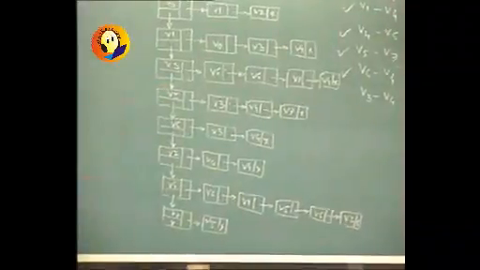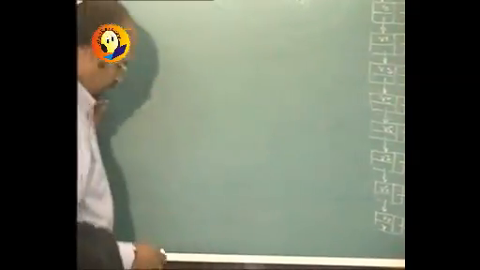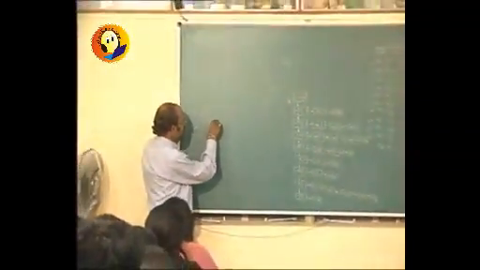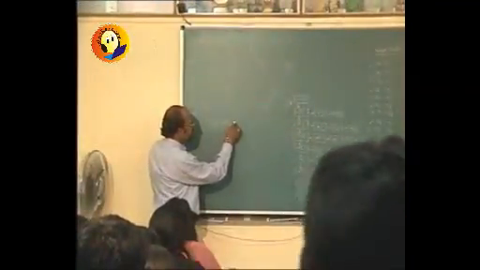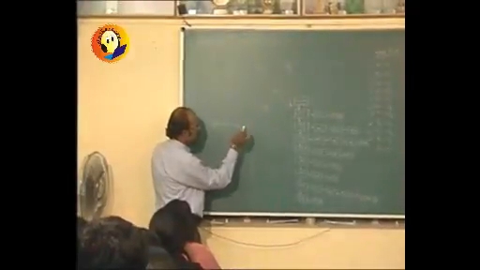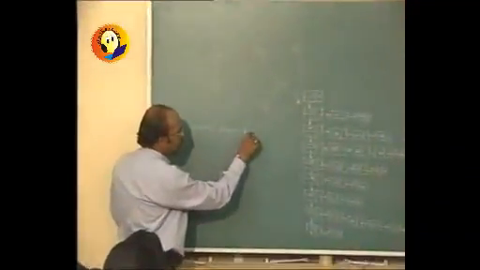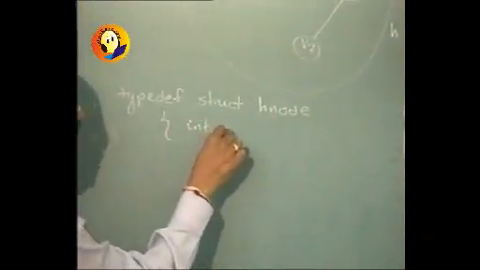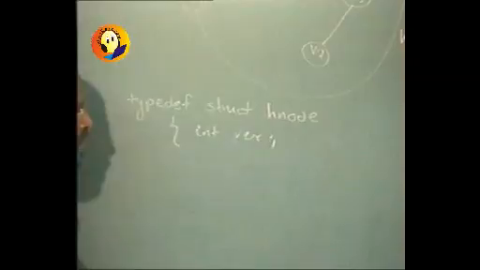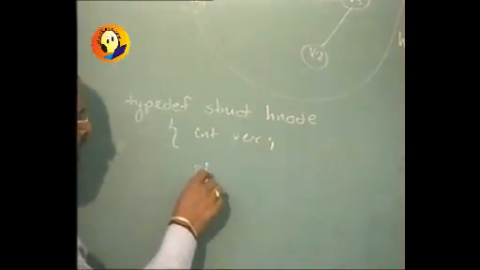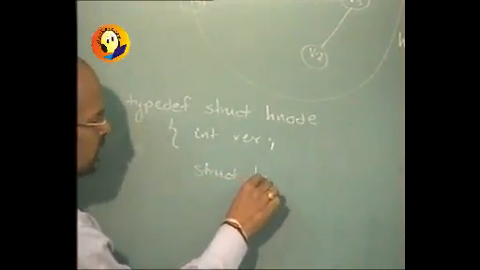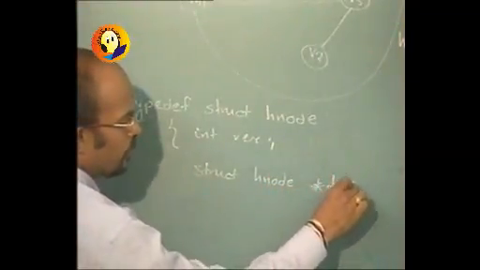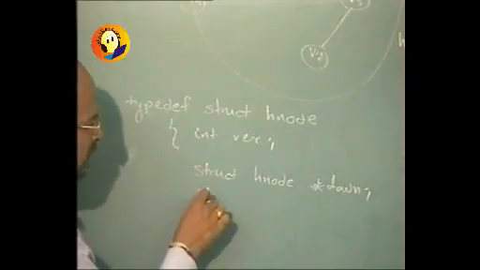Now there are two types of nodes. The first node that we will be having is declared as, say, typedef struct hnode. It will have int type var vertex. It will have struct hnode type down pointer, and it will have struct